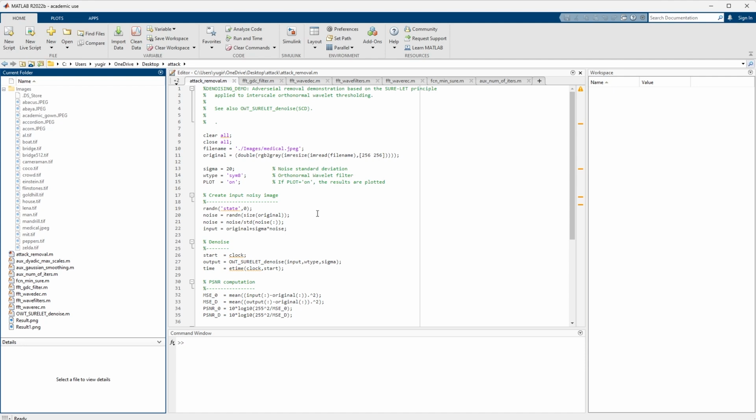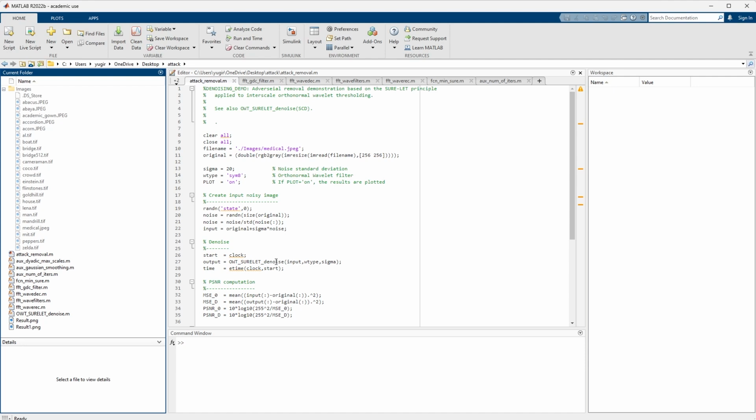We introduce artificial adversarial noise to the image. The noise follows a Gaussian distribution with a standard deviation of 20. This simulates real-world adversarial attacks that can alter medical image classification. Now, we apply the OWT-Charlotte denoising algorithm.